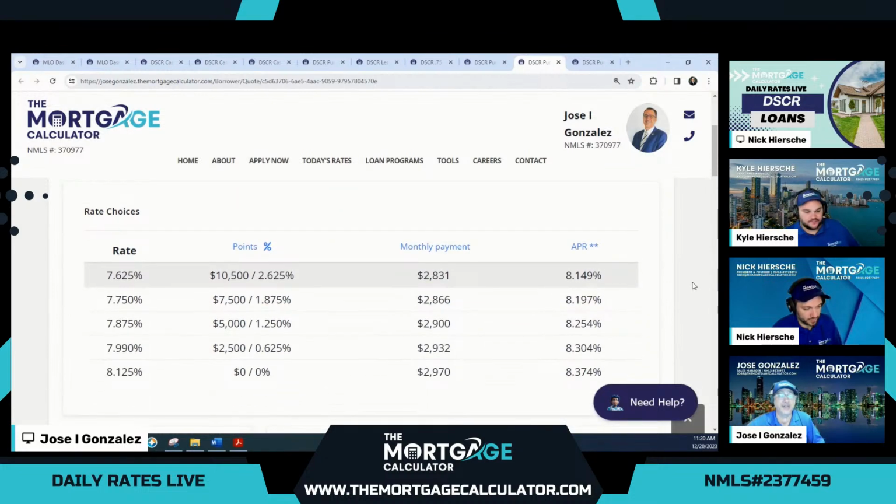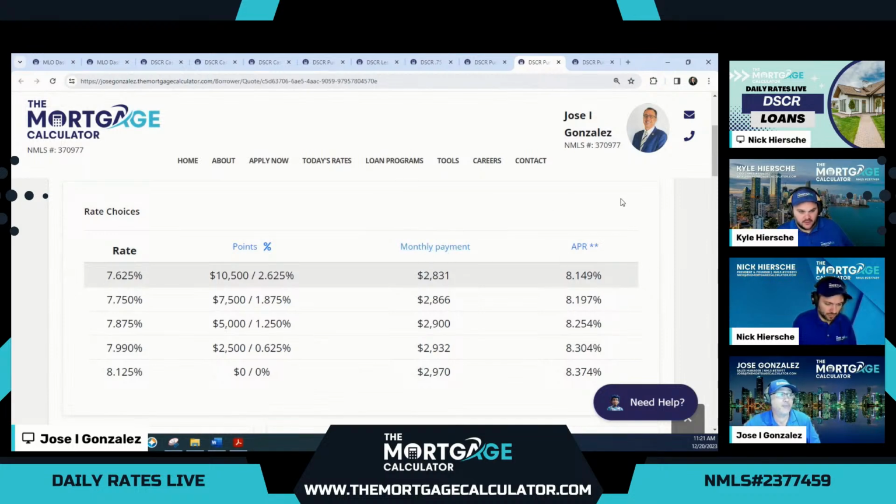And this is why I was saying you really have to show this to the borrowers so that they can compare. Now, if they absolutely do not have the extra 5%, or if they're trying to basically get 2 properties instead of 1, that's the reason why they've got to do the 85%. Totally understand that. They want to leverage themselves out and take advantage of the increasing property prices, because we know as the rates are dipping, there is going to be more demand from those that were sitting on the sidelines waiting for the rates to go down a little bit. So prices will keep going up.